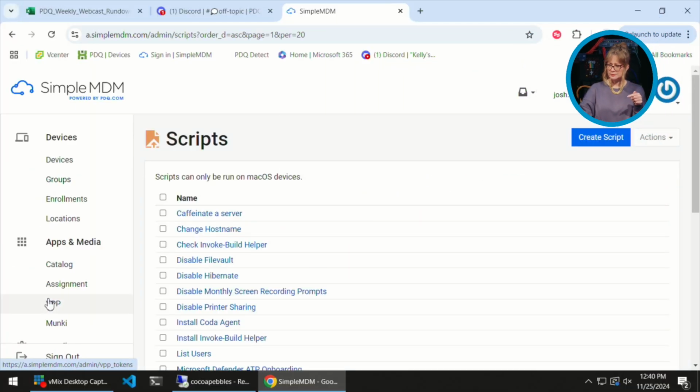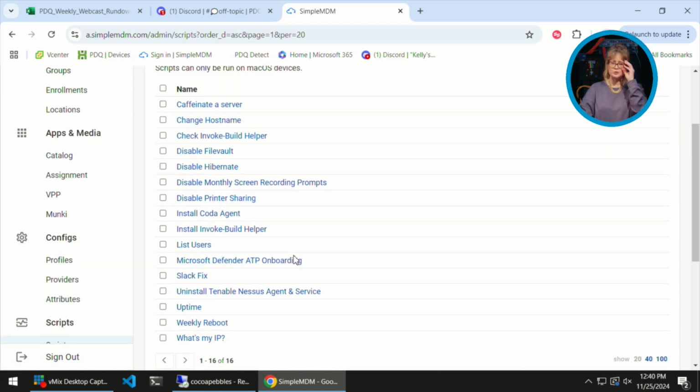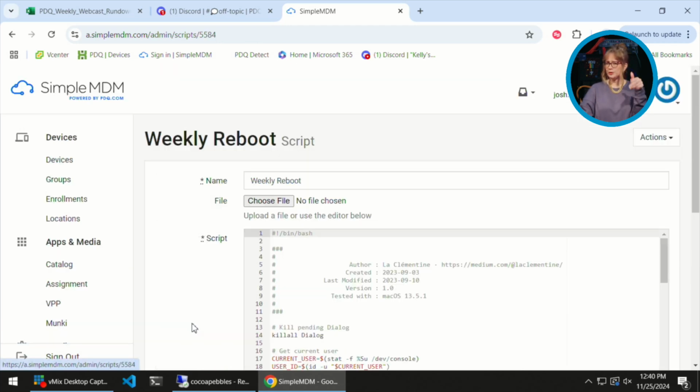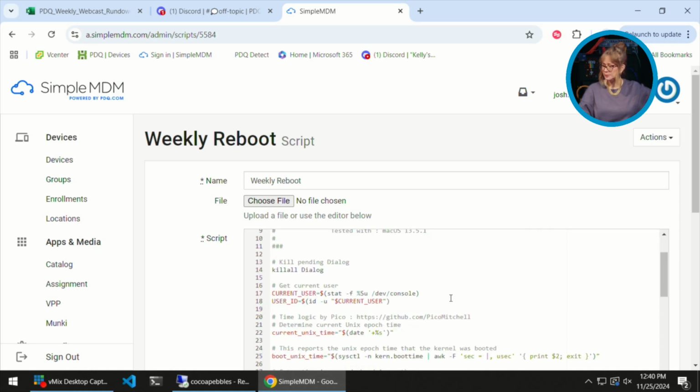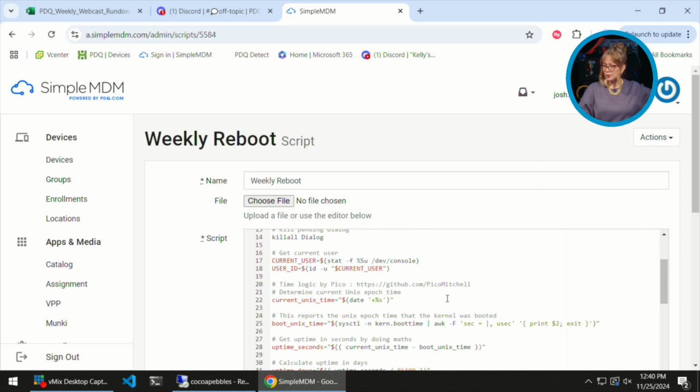So here's another script that you can put in your toolkit that's going to help out. Let's go back to scripts. And I'm going to show you one more thing to bring it all in. We're going to do a script to do a weekly reboot. So again, create a script. And this script we actually borrowed from La Clementine, and here's the address if you want to also borrow this handy script. And the way this script works is it takes action based on